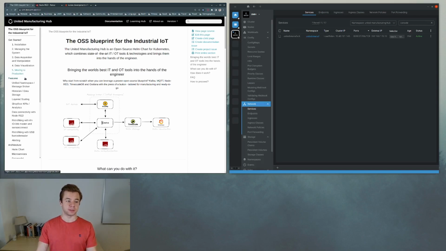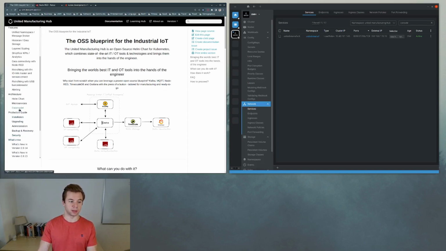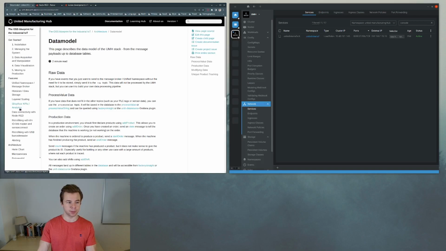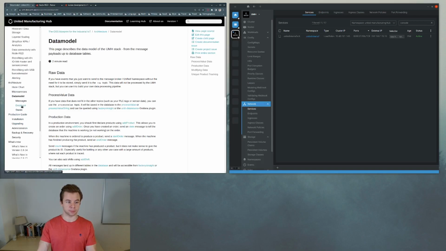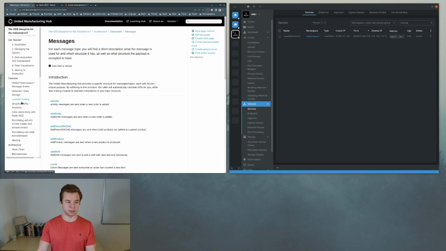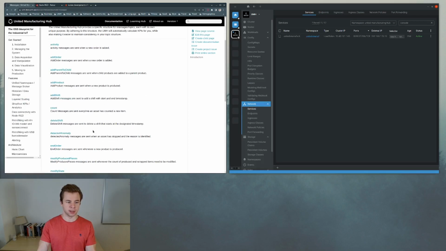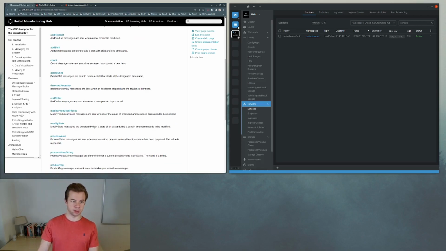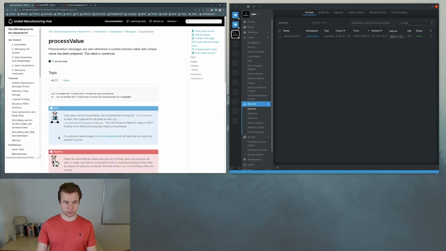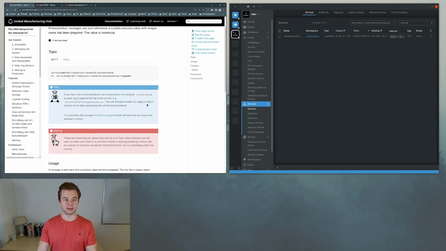And we can find the structure if we go here in the architecture and look at the data model. We want to create a process value. Let's see the data model for the messages. We see the various types of messages which are currently supported by Redpanda. And we are interested in the process value. So by opening the process value, again, we see that MQTT